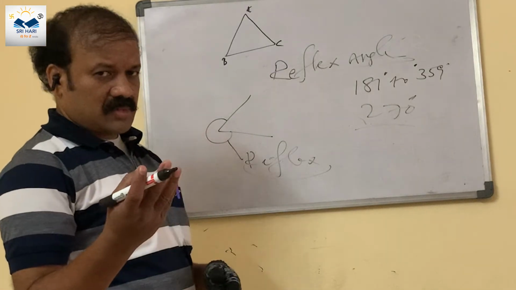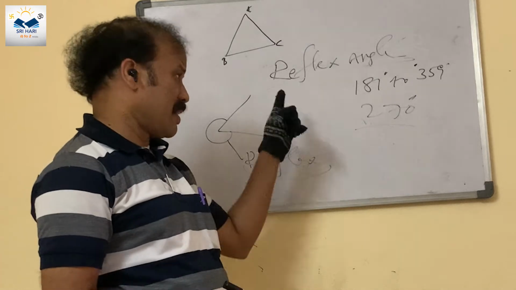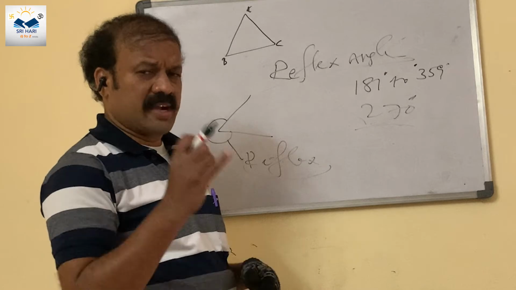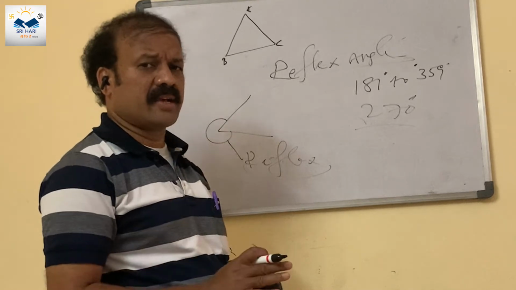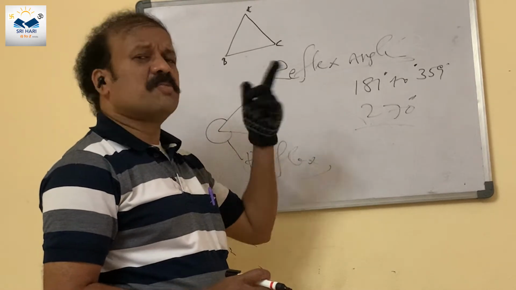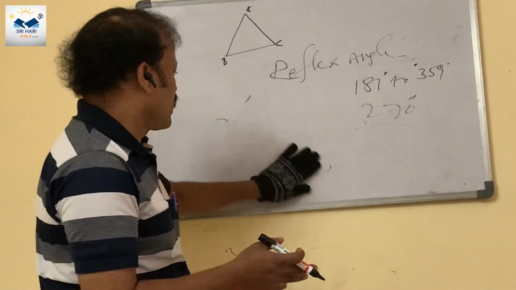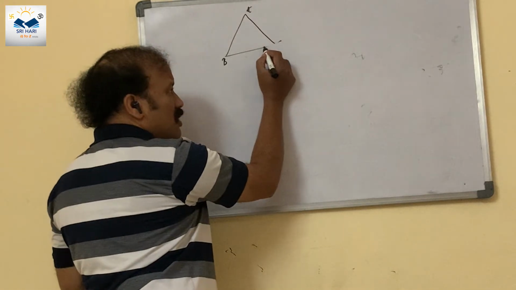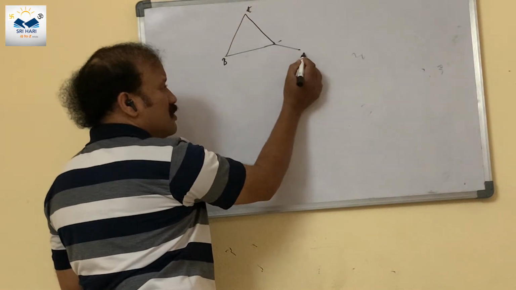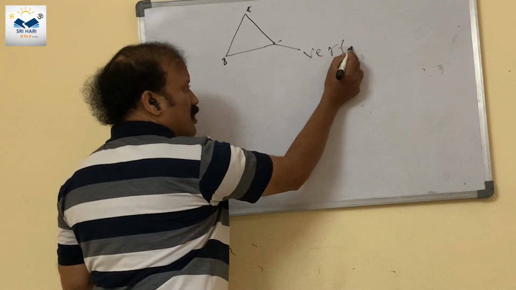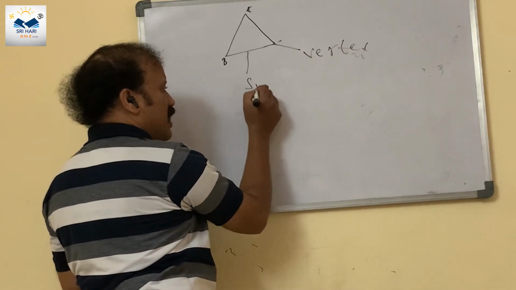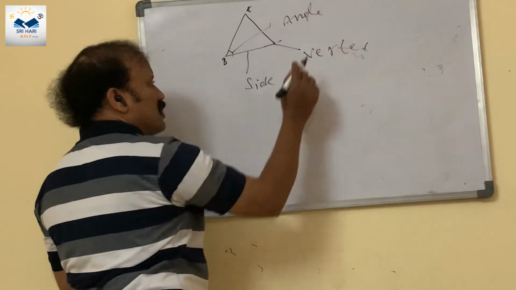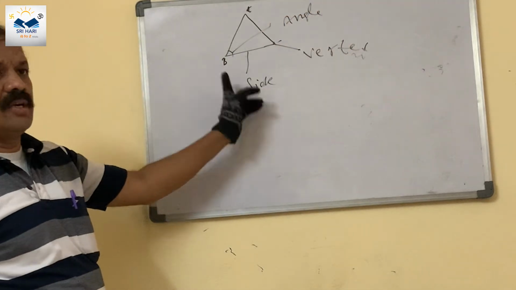So like this, these are the types of angles and triangles. There are three types of triangles: equilateral, isosceles, scalene. But for angles: acute, straight, right, complete, reflex and obtuse. So these are the types of angles that form. So here is what a triangle is. In this triangle, this is known as a vertex. This is a side. This is an angle. This is vertex, side, and angle.